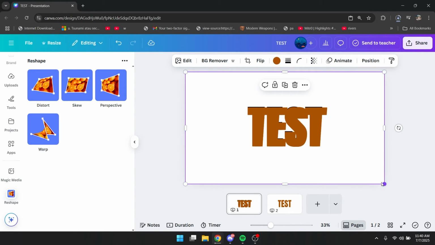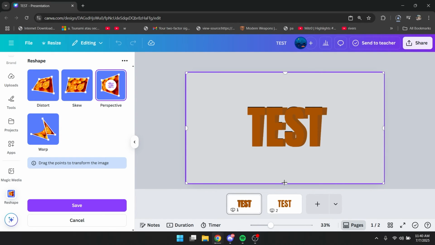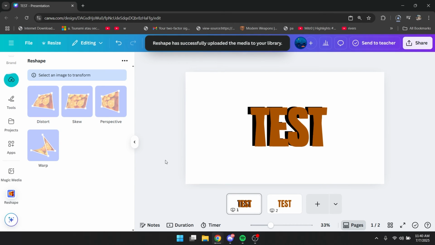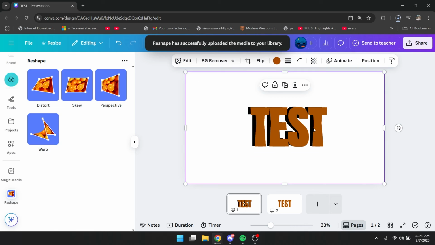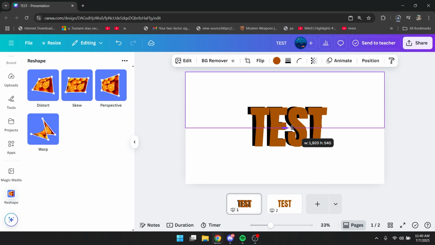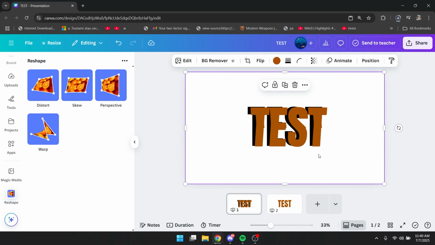Alright, now you go to the perspective app again, and you drag the bottom dot slightly right. Alright, click save, and now what you want to do is click on this and drag the crop button into the middle, just like this, and then click on the bottom layer here and drag the above crop into the